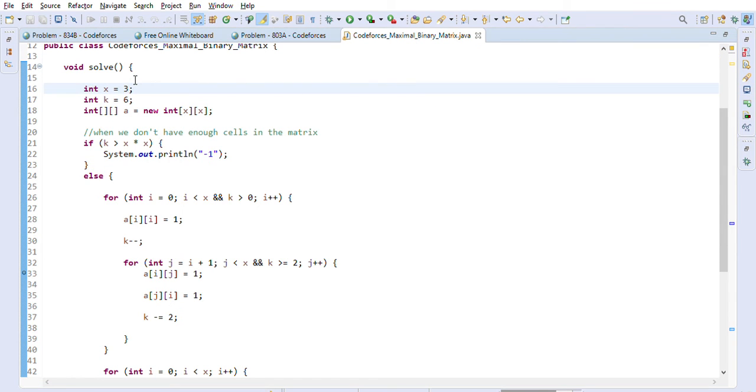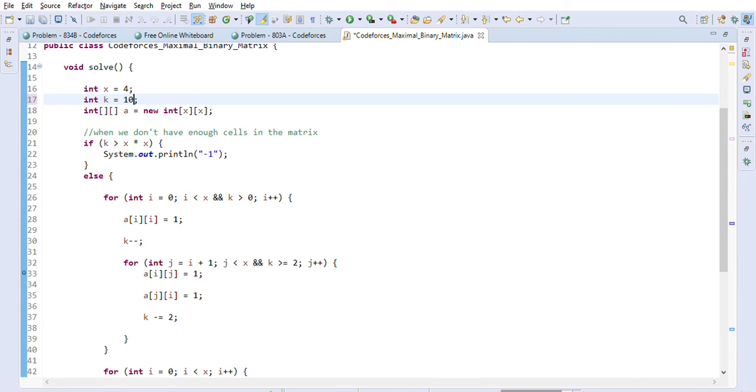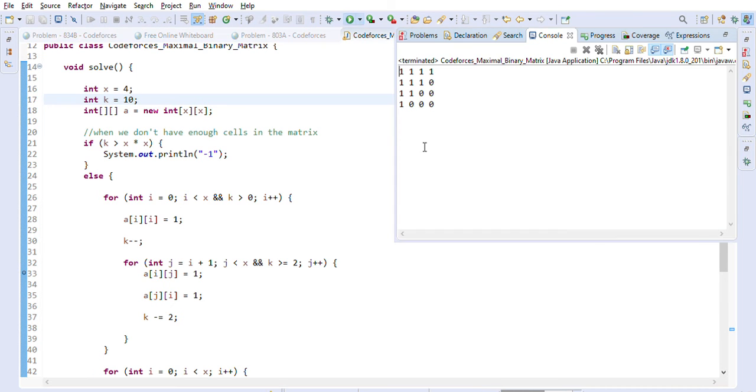And if you modify it with 4 and with 8, let's say, 4 is 16 cells. As you can see, first it is trying to expand in this direction, again it is trying to expand in this direction, and once it is done, we will just have one left here. Because total is 8: these are 4, this is 3, 4 plus 3 is 7, plus 1 is 8. Now let's try 10. As you can see, in case of 10, first it expanded like this, and then it expanded for the first column.